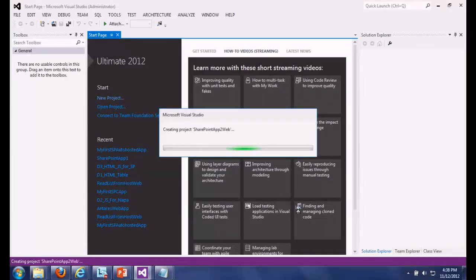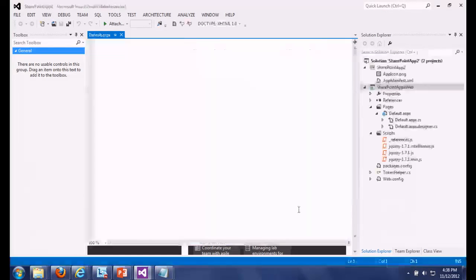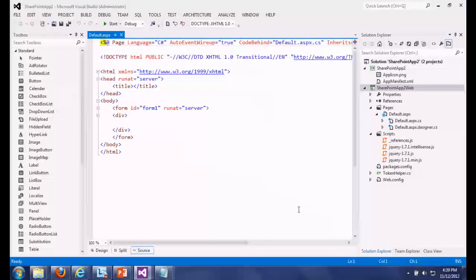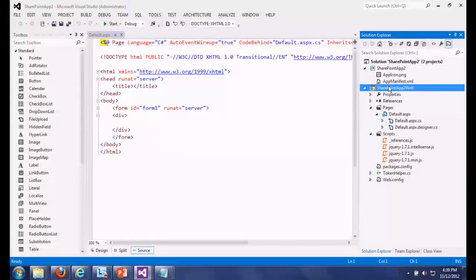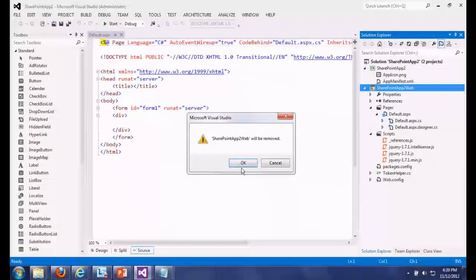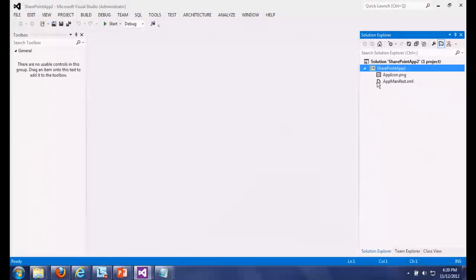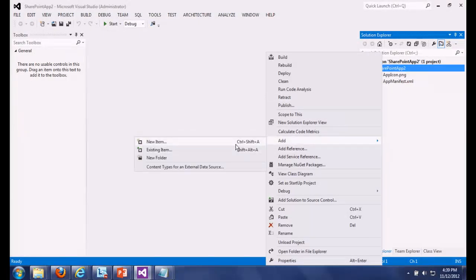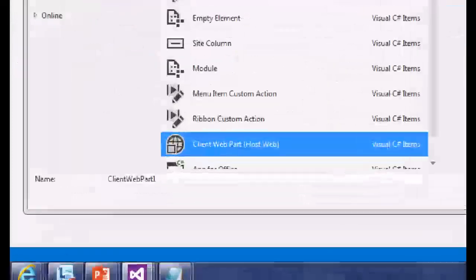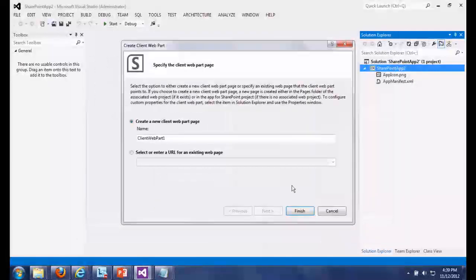Basically what we can do is create this iframe. I'm not a huge proponent of iframes, but they can be good for two things. In the development experience, you can point off to another site and pull it in. Or you can point into a page that you create. So here I could create an app part that points to the default.aspx. Or I could remove this, go ahead, add a new item, and you can see here's this client app web part. Click add. Then I could select a URL, and it would point off to that URL, and I could pull it in.